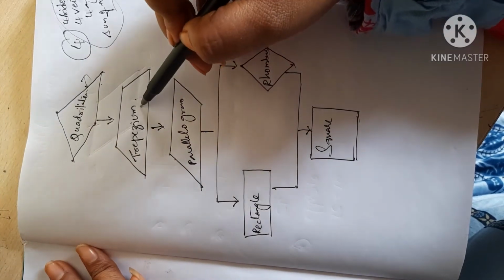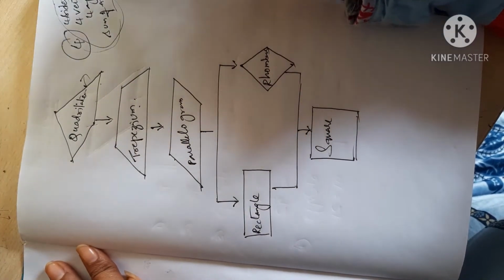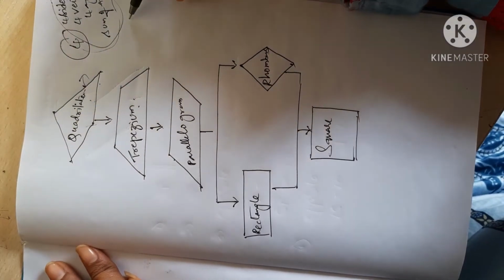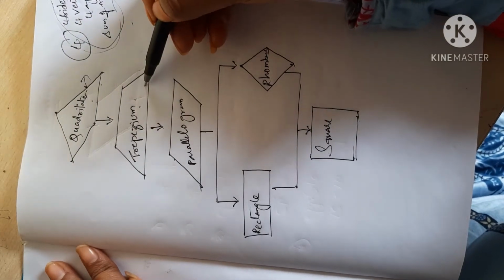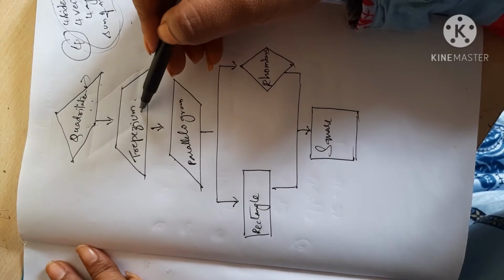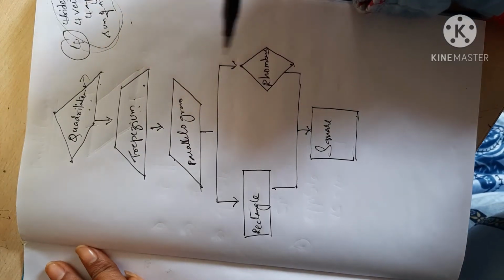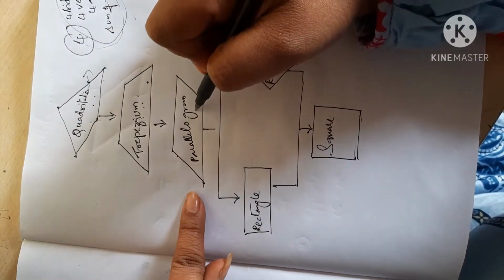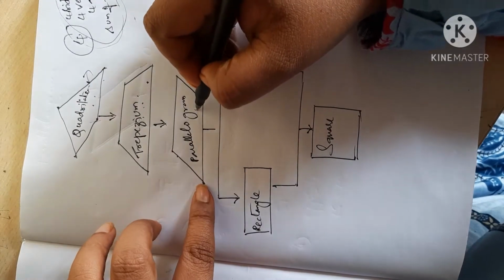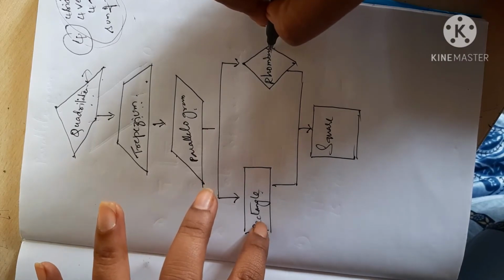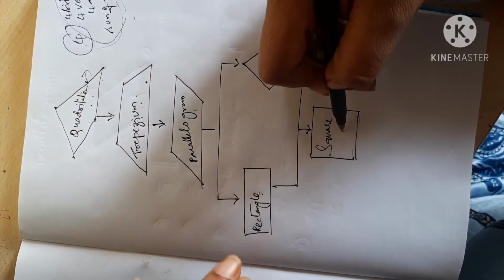When a quadrilateral becomes a trapezium, including the 4 properties, if this quadrilateral is going to have some other extra property, it will become a trapezium. Which type of property, if I add to this quadrilateral, will become a trapezium? Let's say in the next class, next video. Now, if you make some changes to trapezium, it will become a parallelogram, and if you make some changes to parallelogram, either it will become a rectangle or else a rhombus. To both rhombus and rectangle, if you make some changes, then it will become a square.